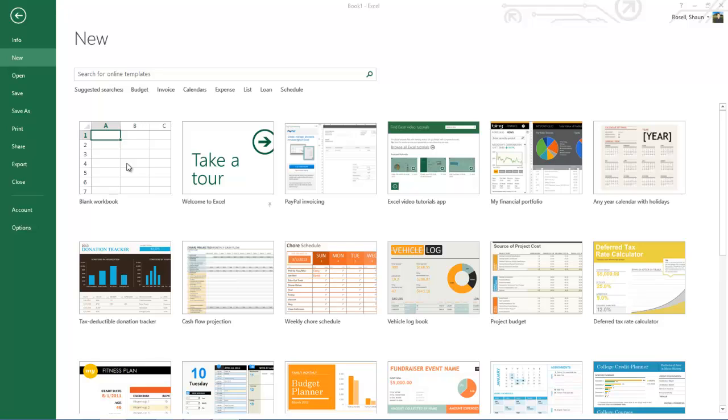Welcome to Microsoft Excel. Excel is a very robust program and can require advanced skills to understand and apply some of its functionalities. However, we will only be covering the basic skills needed to perform most basic job functions in this tutorial. When you first open Excel, you are given a blank workbook template as well as some specific pre-made templates. You can choose any template, but more often than not, you are going to be using the blank workbook